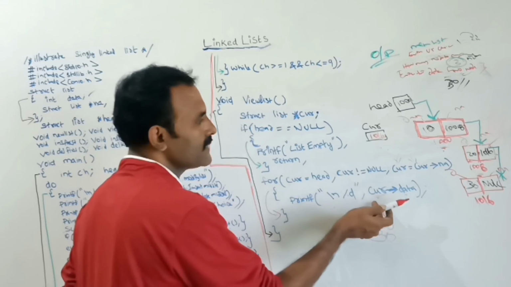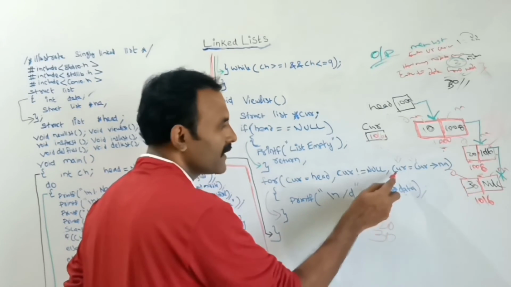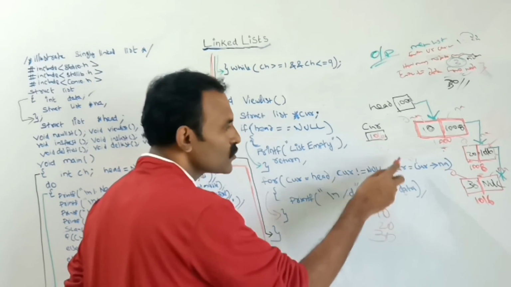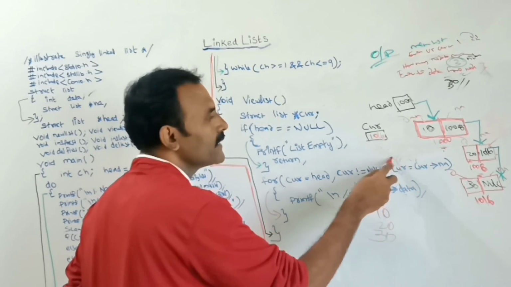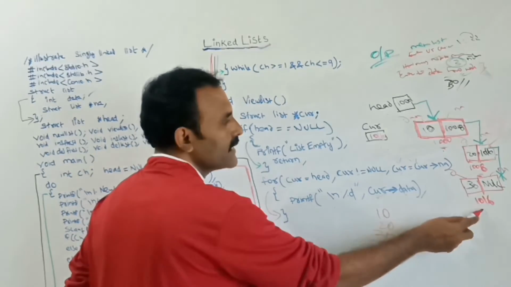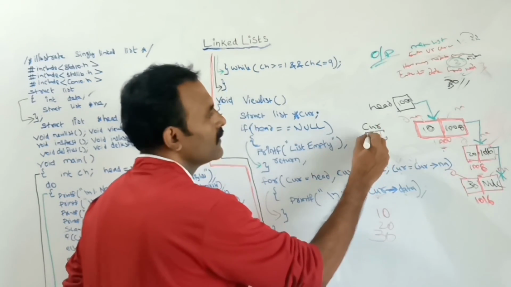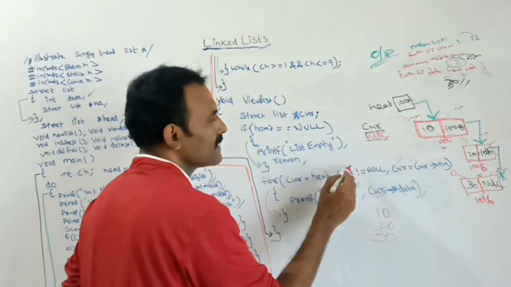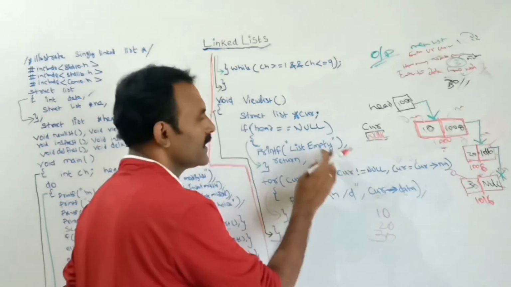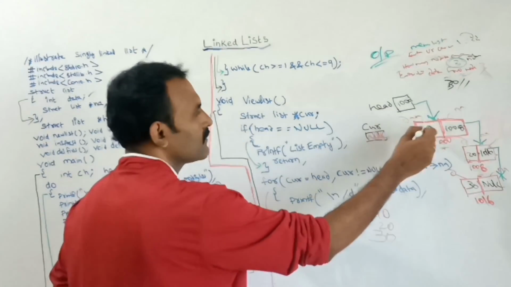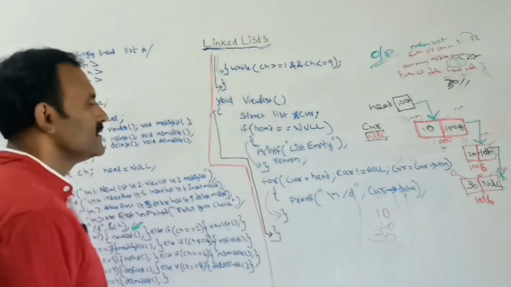Next after printing this, again it will go to the increment part, where I am telling CUR is equal to CUR of NA. Now currently what is the CUR value? 1016. So the 1016th NA value I am telling it to store in CUR. What is the 1016th NA? Null. So that null will be stored in this iteration. After this it will check CUR. If it is not null, then it will go inside. If it is null, then it will come outside. So here it comes outside. So from 10 to 30, each and every element in that list was printed one by one. In this way we can print.